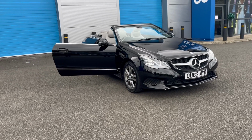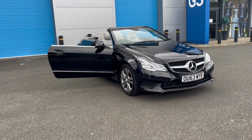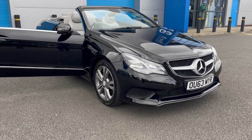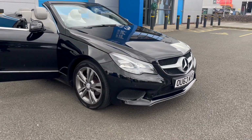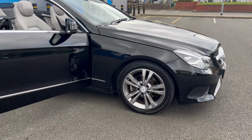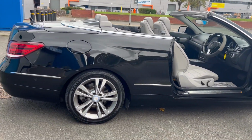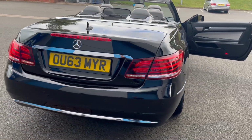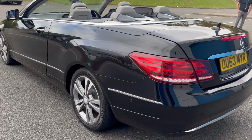Just acquired this lovely looking Mercedes E-Class diesel convertible. It's got a lot of extras on it. It's finished in gleaming black. It's got the front park distance control, rear park distance control, fully electric convertible roof,